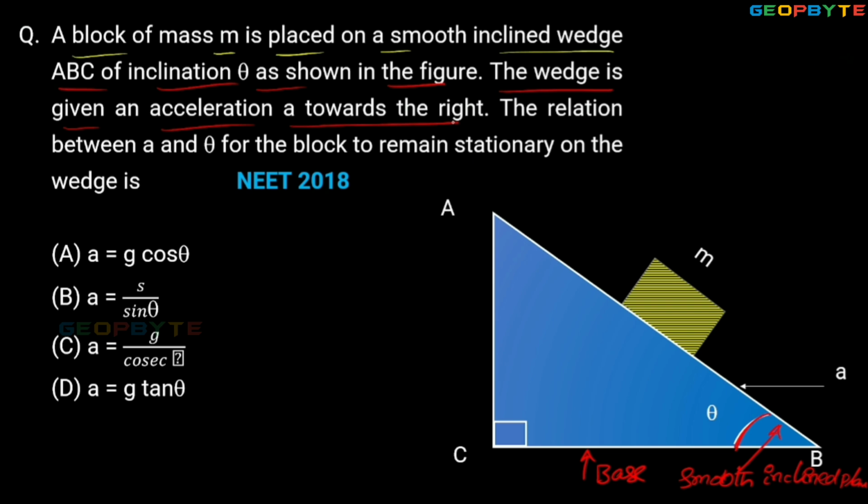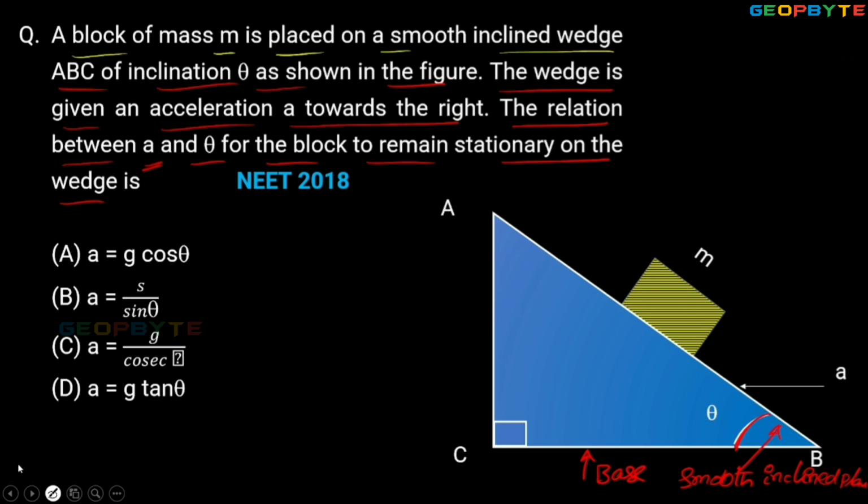What is the relation between a and theta for the block to remain stationary on the wedge? Though some force is applied on the wedge, the block is under stationary condition. So for the stationary condition, what is the relation between the acceleration and the angle between the base and the plane? For that, first let us take the